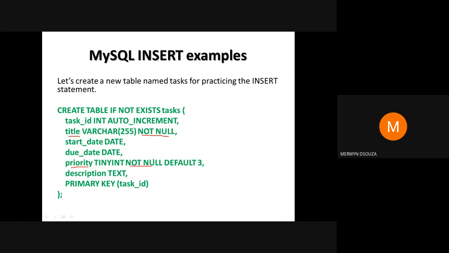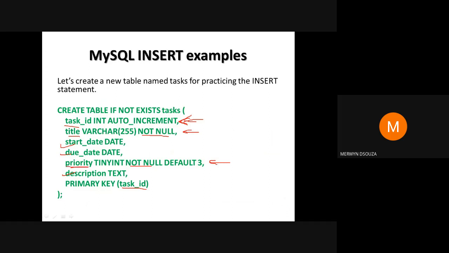The other columns, such as start date, due date, and description, can contain null values. The primary key column, task ID, will also not be null. You cannot have the primary key as null. So the columns which are not null are task ID, title and priority.